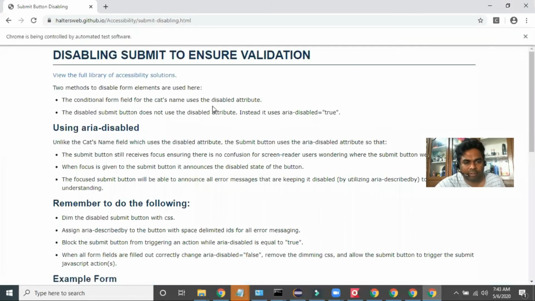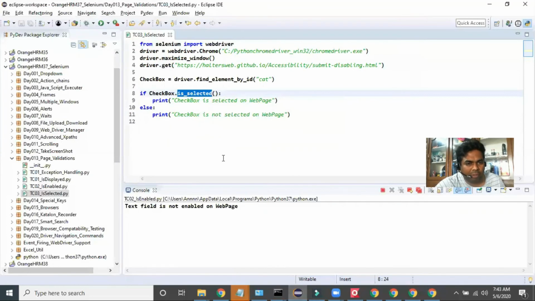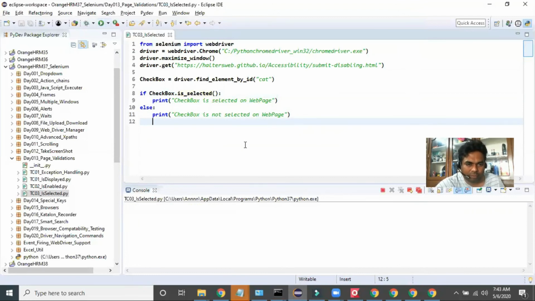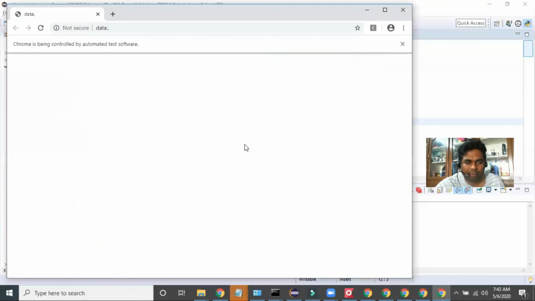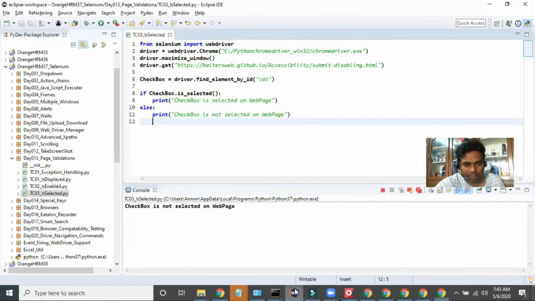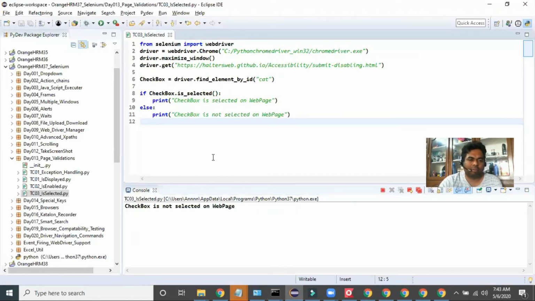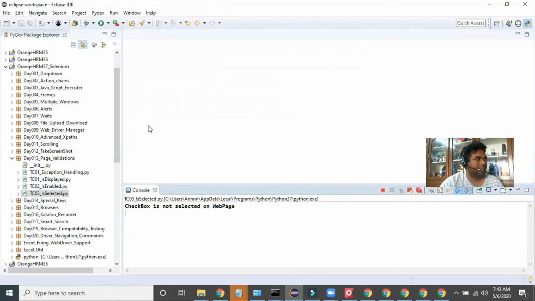So let's check this. Here my checkbox is not selected, so it will show checkbox is not selected on the web page. Right, checkbox is not selected on the web page. So now we understood how to do the validations by using the built-in methods in Selenium: isDisplayed, isEnabled, and isSelected. And now let's go to the